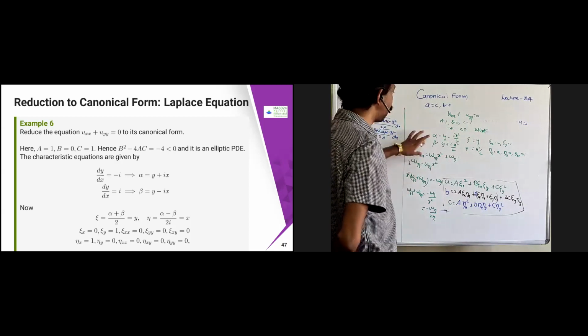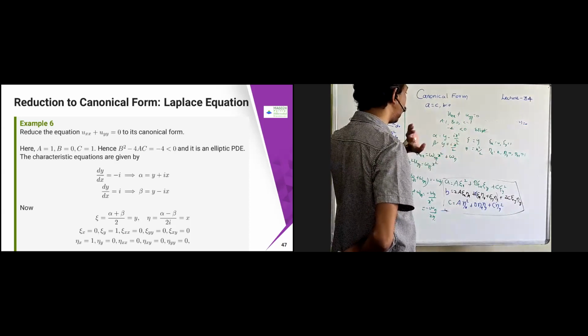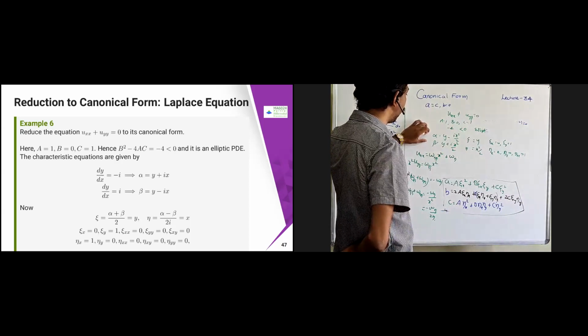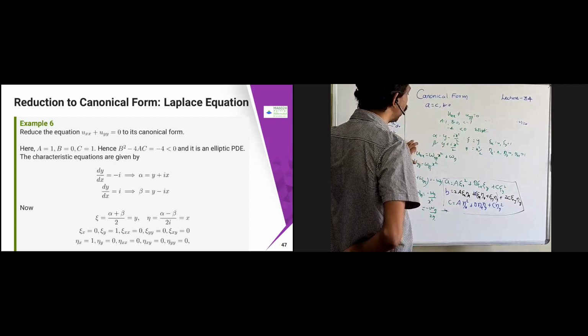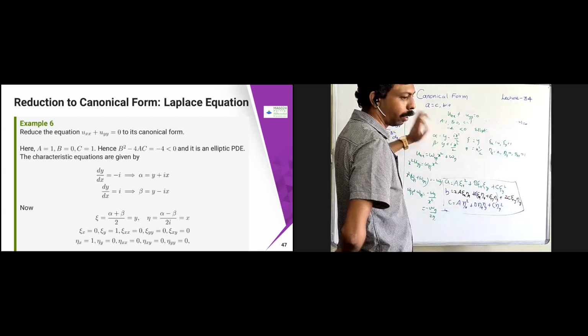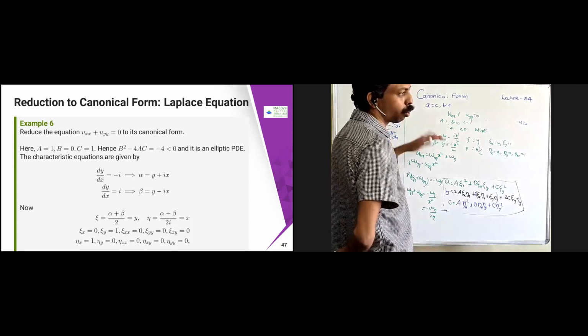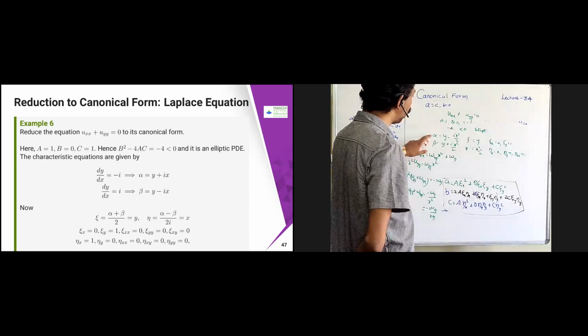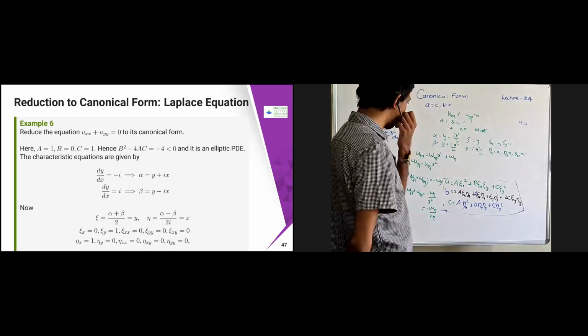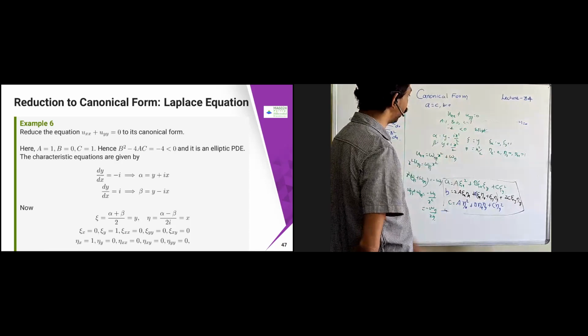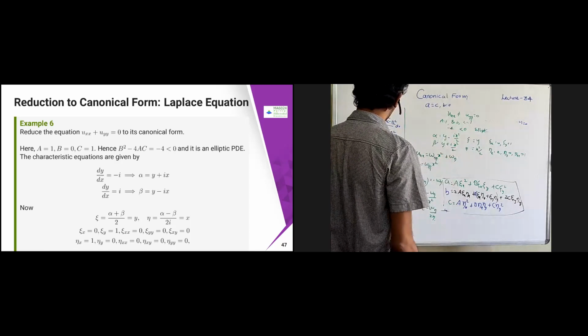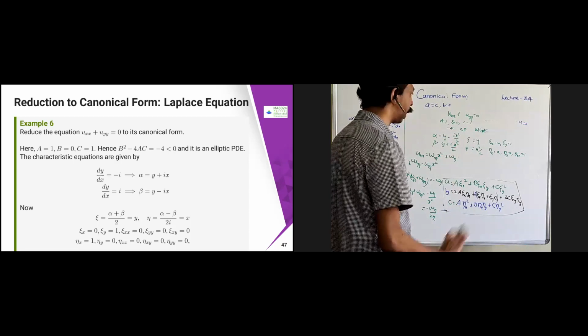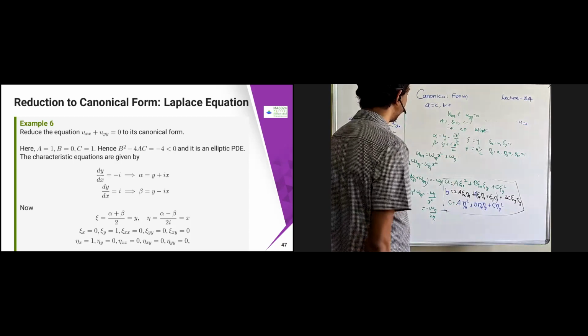So here in some places I put alpha equal to y minus and some places beta equal to. It doesn't matter because ultimately you are going to get one of these. Either you can choose alpha this one or beta this one. Okay, it doesn't matter because these are two independent things. So you can just choose any one of them as alpha and any one of them as beta. Okay, in some slides I might have used y plus, in some places I might have used y minus here. Okay, so you can just use accordingly. It doesn't matter. You can just choose any one of them.